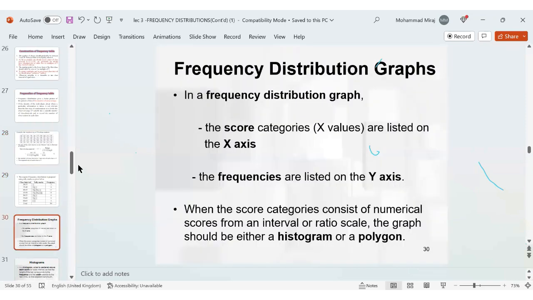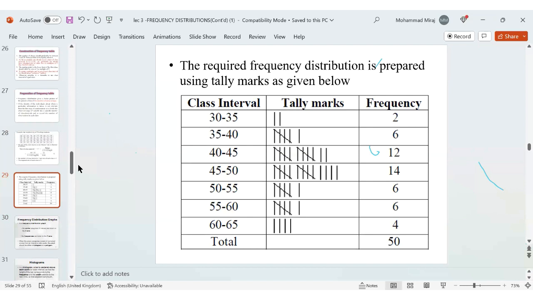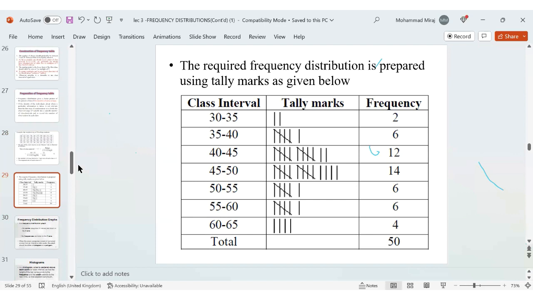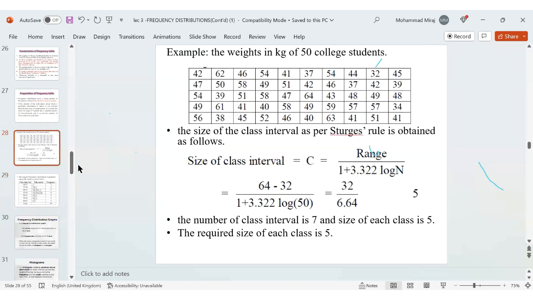सर इसमें क्लास इंटरवल 7 कैसे आ गया सर? How does this class interval 7 come out, sir? क्लास इंटरवल 7 इसलिए आ गया ना, ये देखिए ना, 1 2 3 4 5 6 7, क्योंकि आपका मैक्सिमम 64 तक गया है ना, तो हमने 10 का ना लेके इतना लिया।